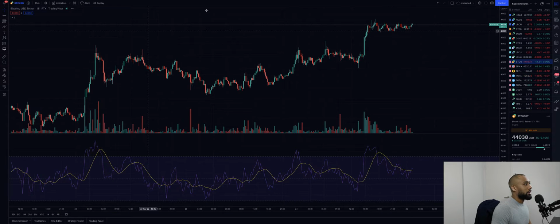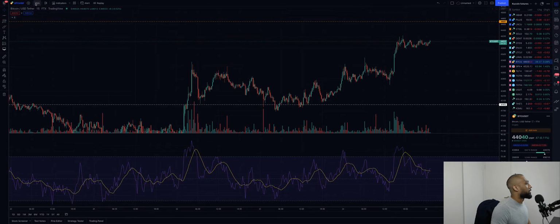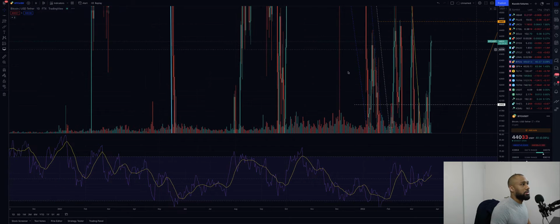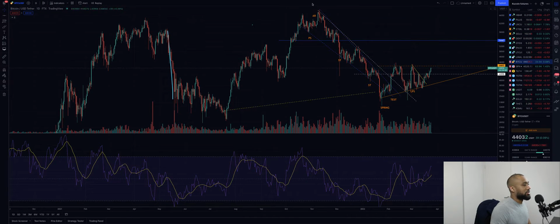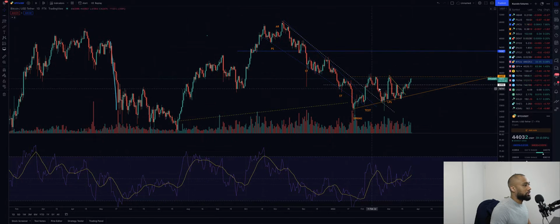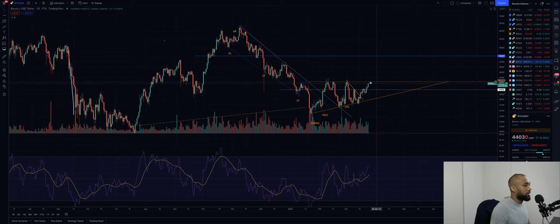So if you remember, here we have our Wyckoff accumulation schematic that we've been following for a couple months now. So we had the test and all that, and right now to break 44, so it's about 44,600, around there. If we break that, come above, hold, test, and then move up, that's what we're looking for us to really start to begin our ascension, to make higher highs, and continue this